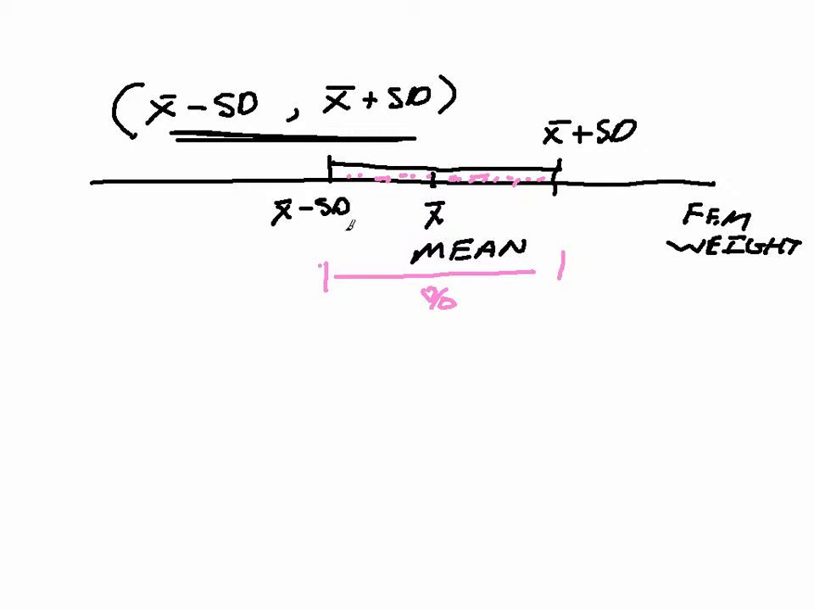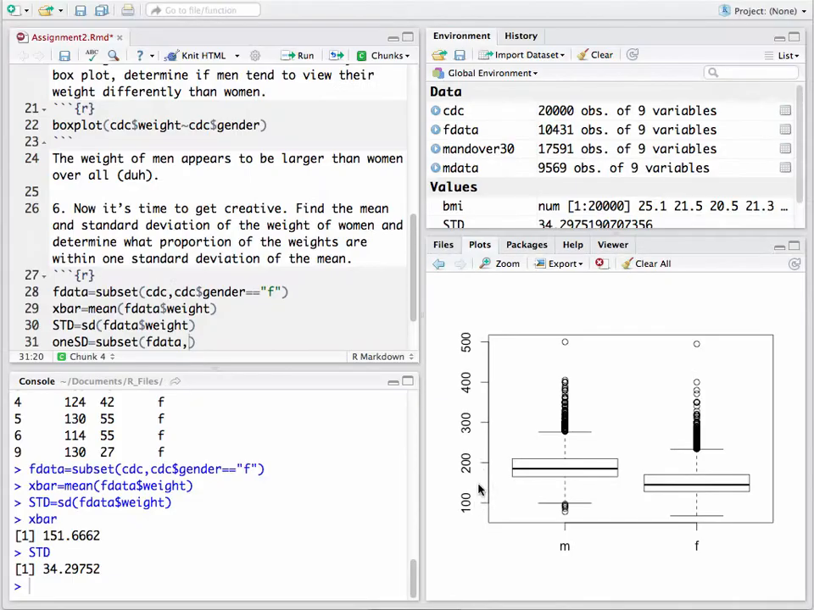Well, I want them to be larger than X bar minus one standard deviation, but I also want them to be less than X bar plus one standard deviation. So what that tells me, back here in our land, let's go back over here and actually type this in, is that I need the females, or the F data,